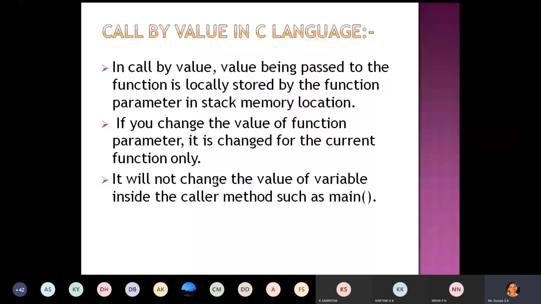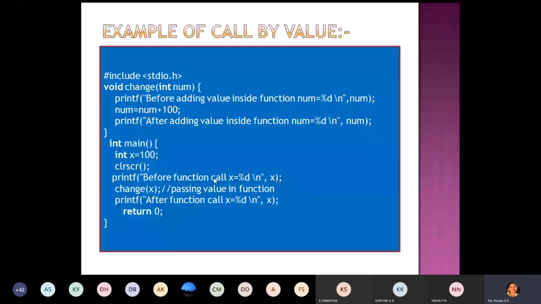Suppose we have an example. Main function calls a function sum. Then if you want to change the parameters, it is going to change only in the function, not in the calling function. For example, go through this program. I just put one program over here. Listen, students, carefully. We have a user defined function. Here directly I have done the function definition first, so I have just omitted the function declaration.